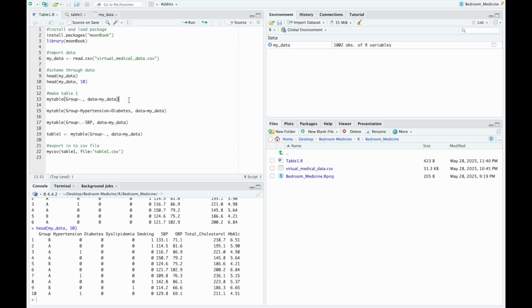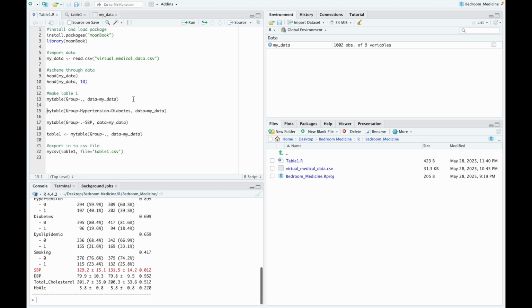Anyways, diving into the main point, how we make this Table 1: we use the mytable function. We put the group we want to see first, then use the tilde sign, and then we put a dot if you want to see all the baseline characteristics shown in the table. Let me show you first. If we run this code,